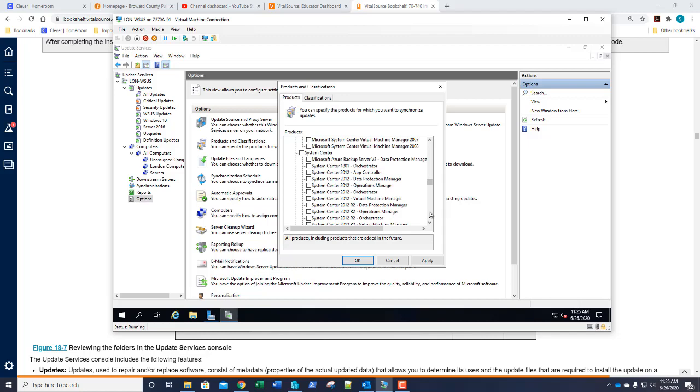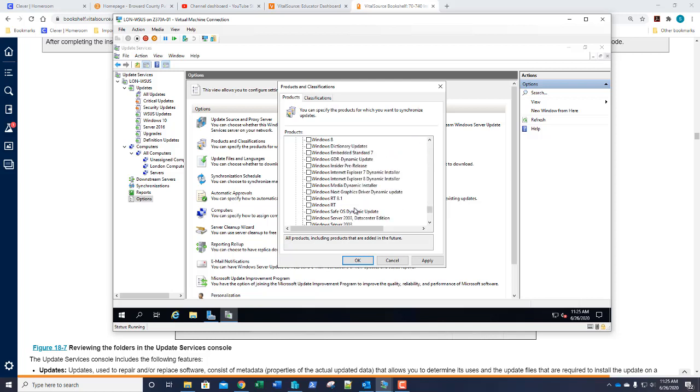SQL Server, System Center, Azure, Small Business Server, Windows 10, all the different types of Windows 10 installations that there can be. Now, for example, we're downloading for Windows 10 and Windows 10 version 1909 and later upgrade and servicing drivers,